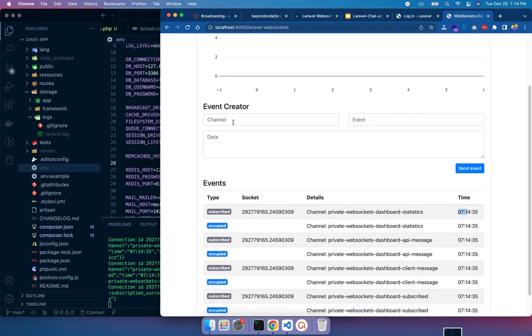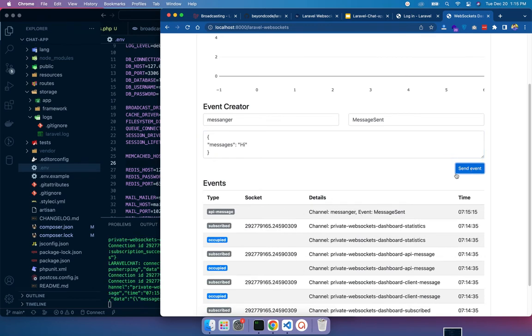We can also create a custom channel, like a messenger channel, and the event would be message sent, and then the data would be definitely valid JSON, like message equals hi. So let's just send an event. If we send an event, look, this is an API message, and it's broadcasted in this message sent event channel.